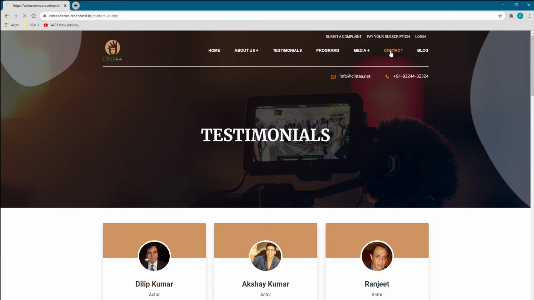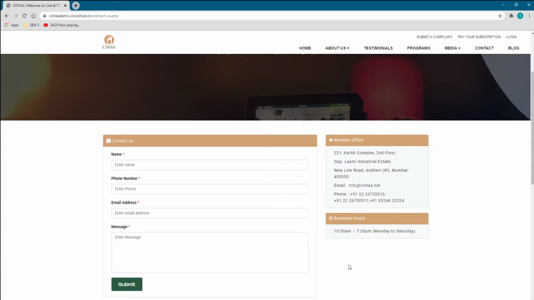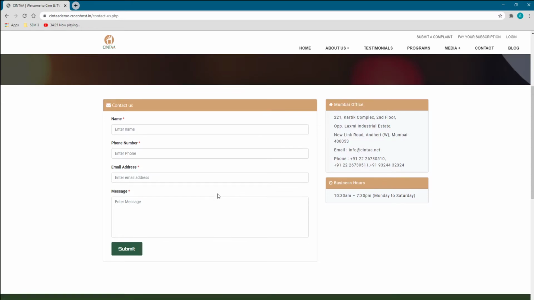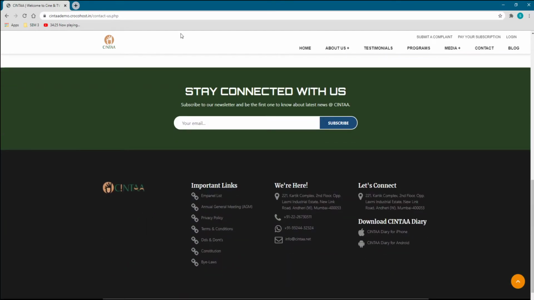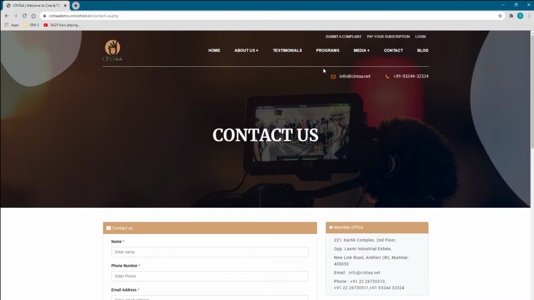Next is contact us. So this is the contact us detail, Mumbai detail and business hours, and just a small contact us form that we have added, and again with the same call to action section and the footer, right? Next is